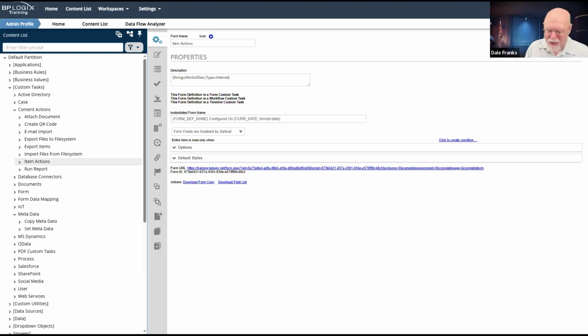So let's say that I have a custom task that I only want to run if form field A has a specific value. Well, that gives me some choices of how I want to invoke that, at least in terms of the timing. So let's say I am in activity 1 and my first reviewer is looking at a form. They're the very first user activity. In activity 1, they have the form open and they change the value of field A to the value that invokes the custom task whenever it's evaluated.